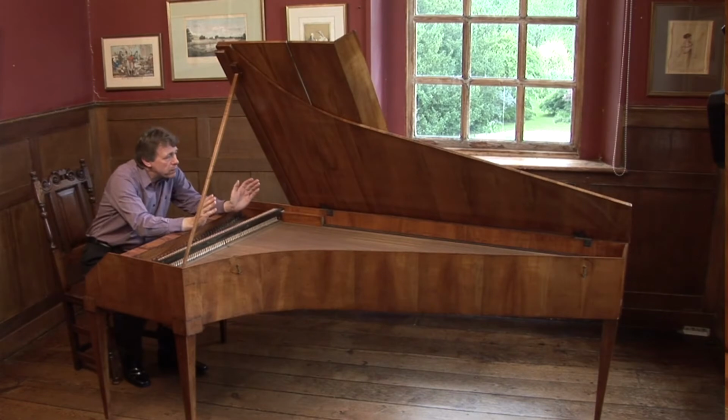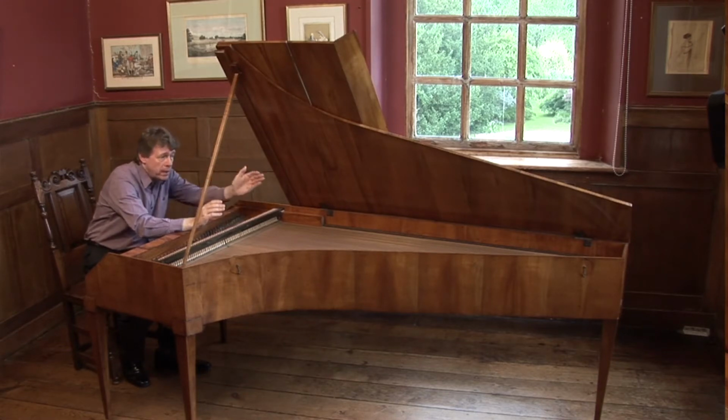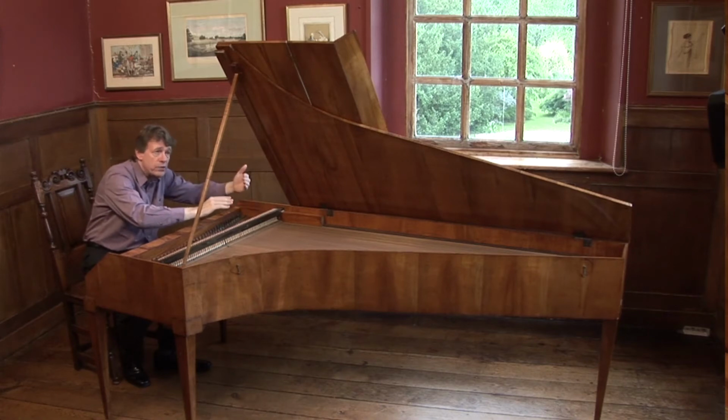The strings, which I'm looking along the length of at the moment, are very thin compared to the copper overwound strings on a modern Steinway. They also run in parallel along the length of the instrument with the grain of the soundboard. And that means several things. I'll pick out two. On a modern Steinway, there is cross stringing, the bass strings going diagonally across the instrument